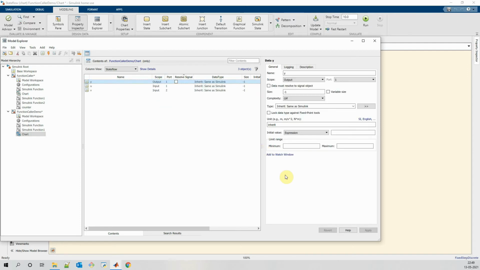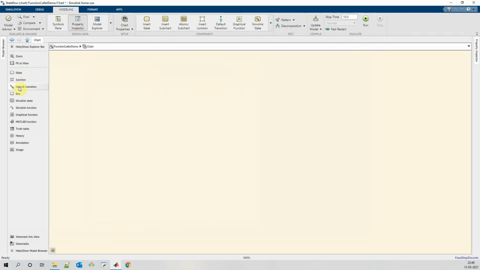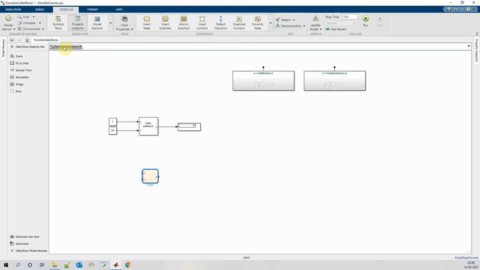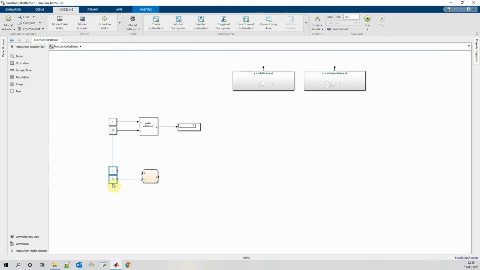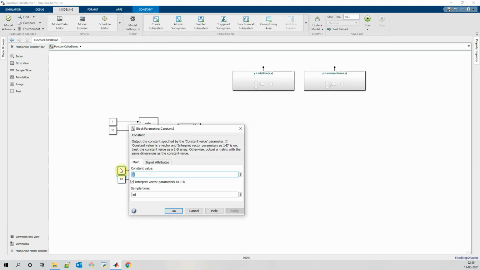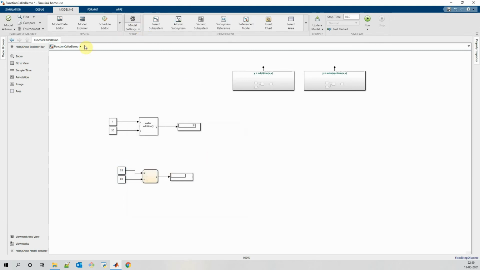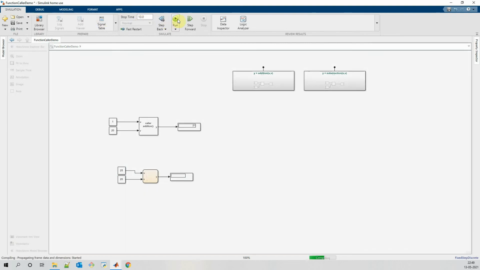Y is the output. We can simply call subtraction of u and v. Now let's simulate this model.